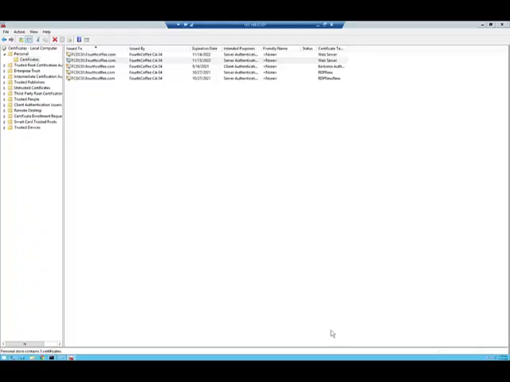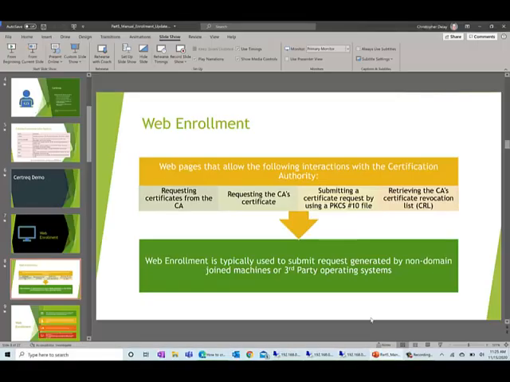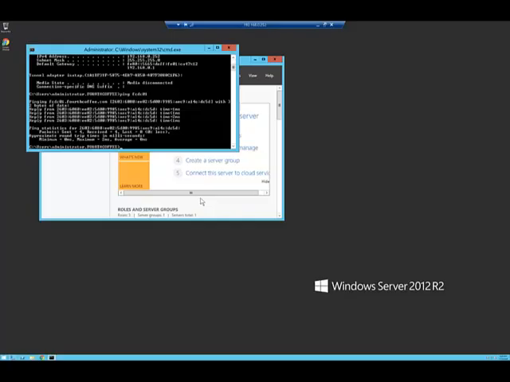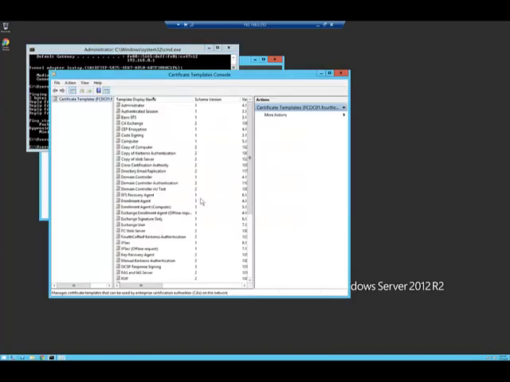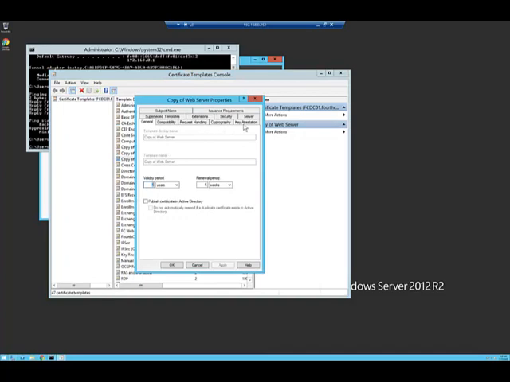So let's go to our CA and we'll take a look at the templates and talk about some of the things that we want to keep in mind as we do this work. So I'm going to open the template MMC and then talk about those. I'm going to go to my copy of web server since it has more options because it's a version 2 template. So for the